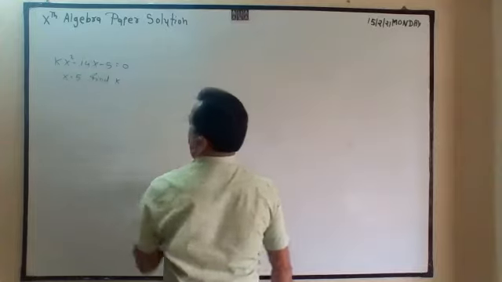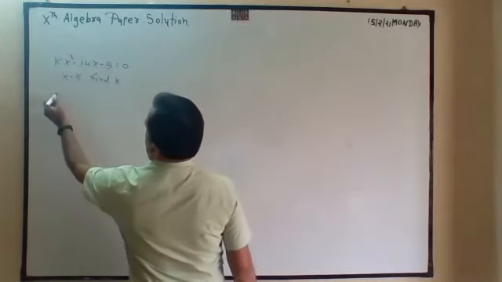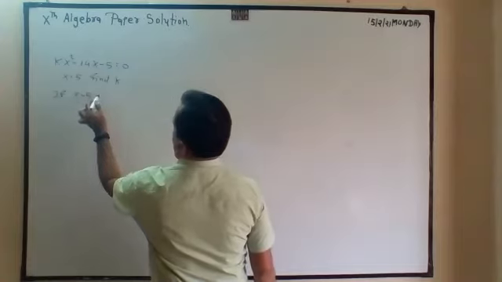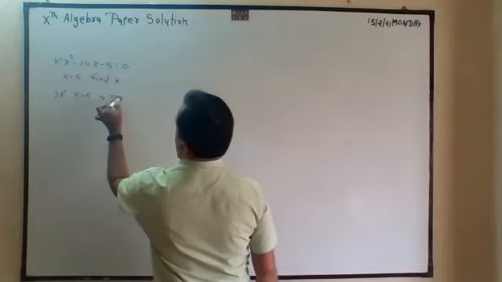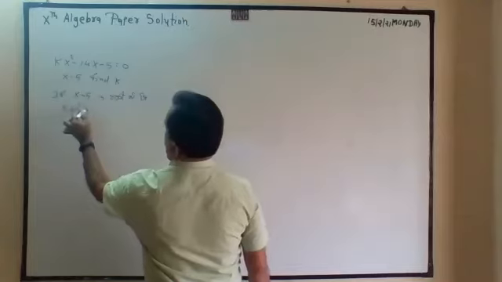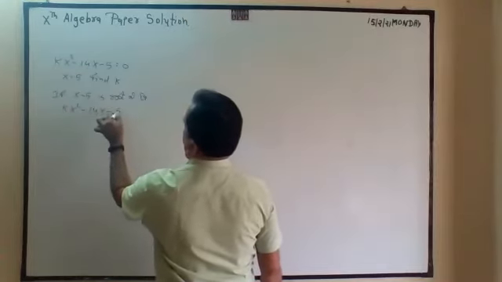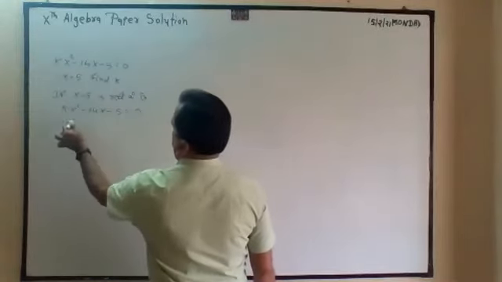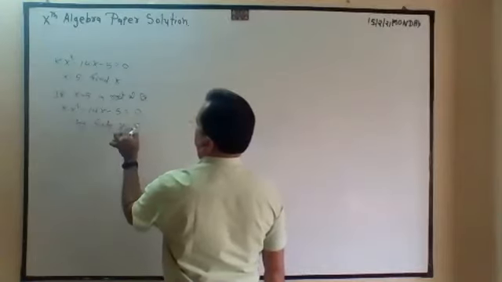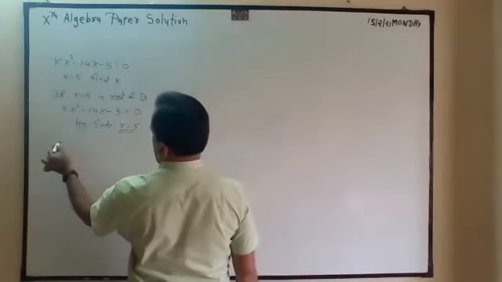Find k. If x is equal to 5 is a root of the equation kx square minus 14x minus 5 is equal to 0, therefore, by substituting x is equal to 5,